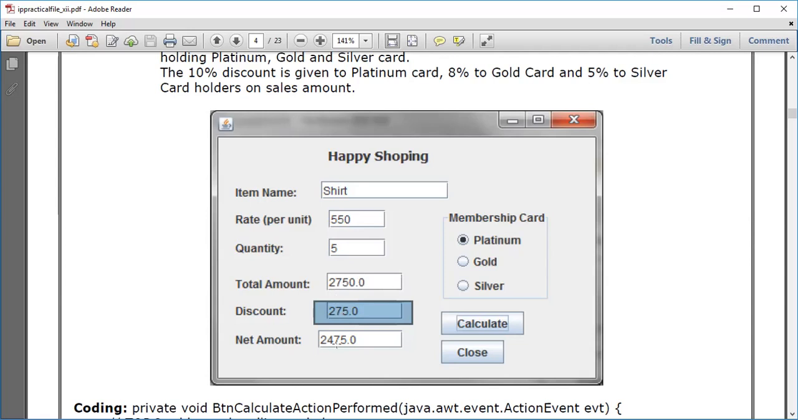And then net amount is to be calculated, which is this total amount minus discount, right? So